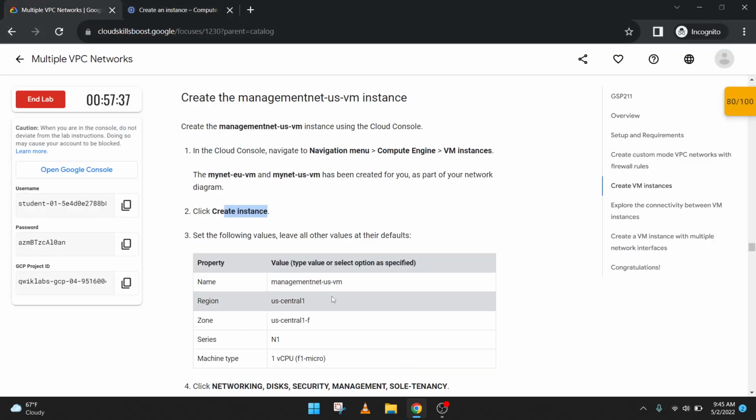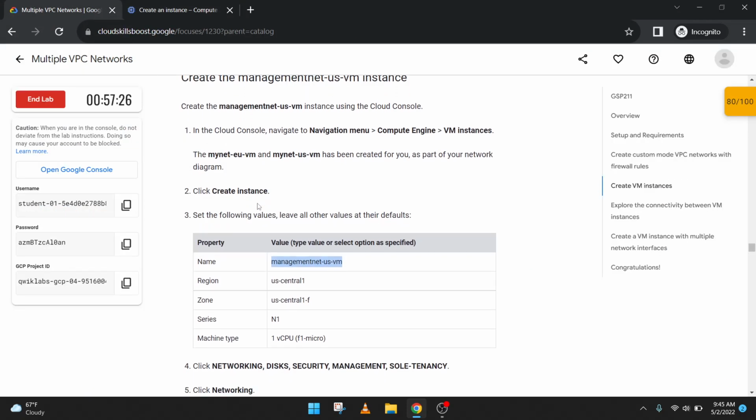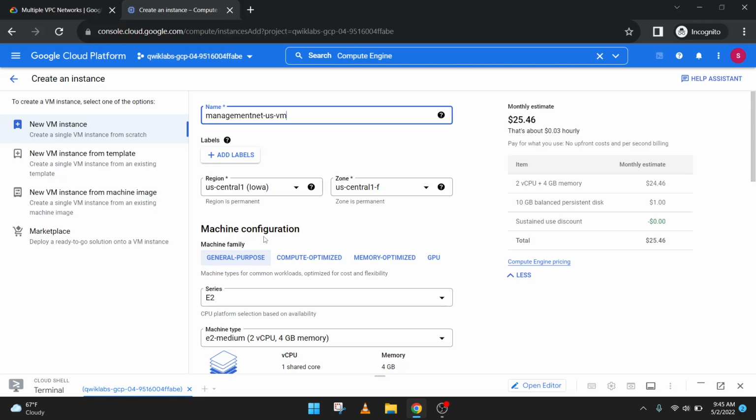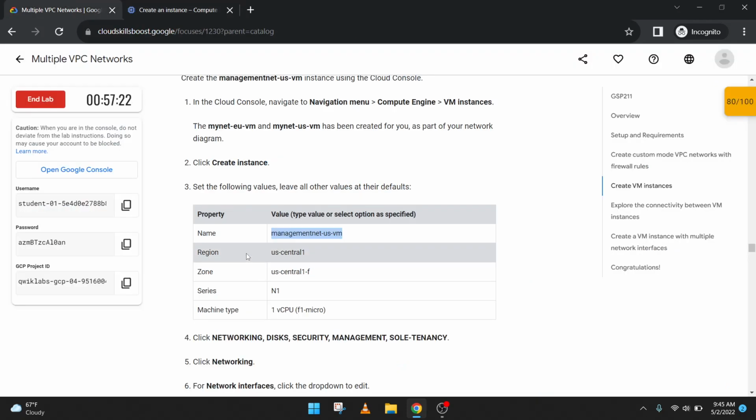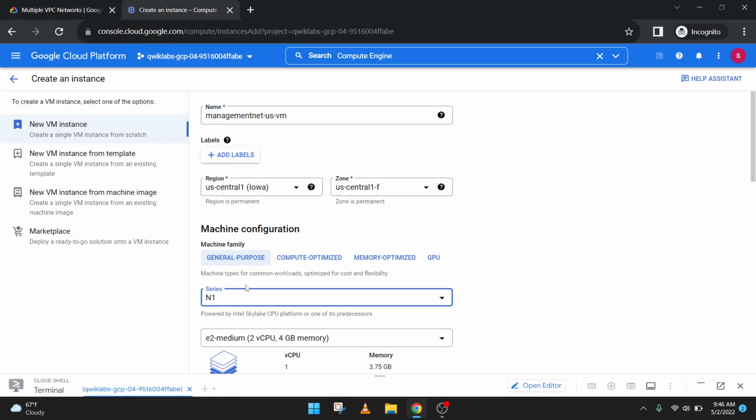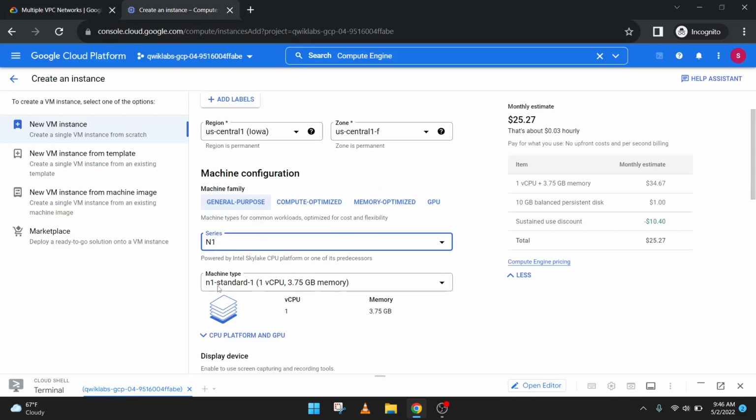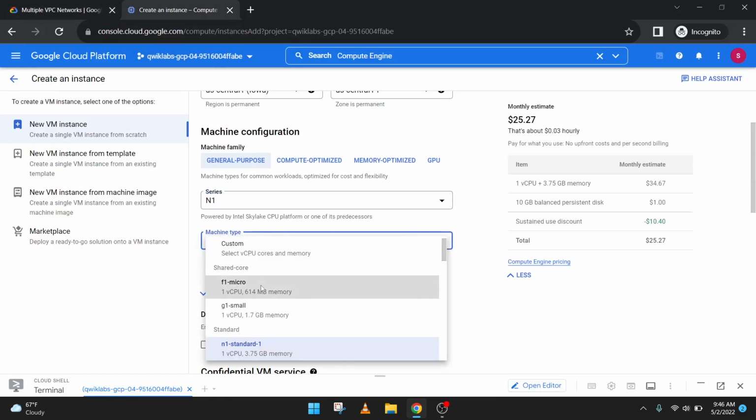So copy this name. Sorry, copy it and paste it here. Management, and region is US Central 1, US Central 1 selected, US Central 1F, it is good. And series is N1, so select the series N1, and machine type F1 micro. Scroll down, change the machine type to F1 micro,